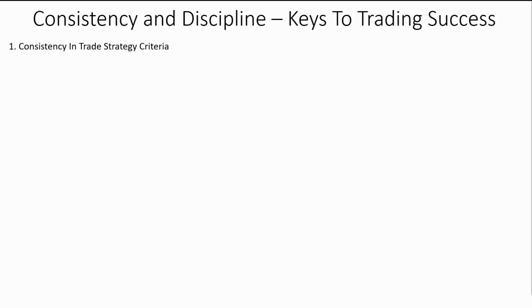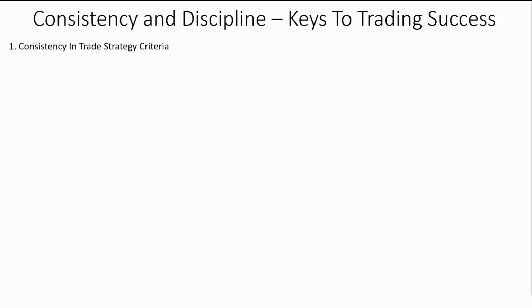I spend most of my trading life in that 70% probability of success. So in most cases I'm risking 70 cents to make 30, but my probability is somewhat higher by the other means that we execute trades and manage trades. That makes a difference. But the thing I want to point out is consistency in strategy criteria. It's not this time do trades that have a 10% probability of profit, and the next time you do one with 90, and the next time you do one with 50. Find a range that you're comfortable with.